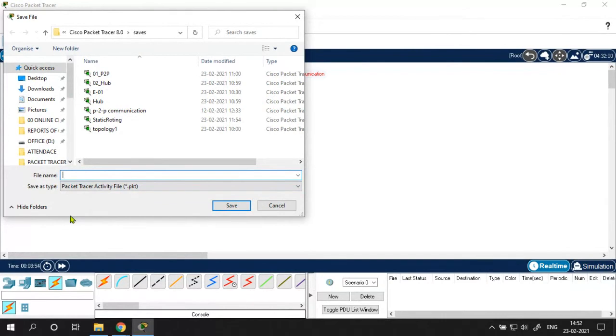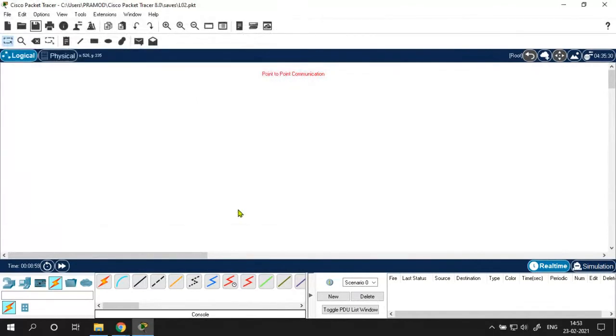For example, I can save this as my lab number 2. All right. If you want to add an end device to the workspace, just click on end devices, take a PC, click on the workspace, then another PC.